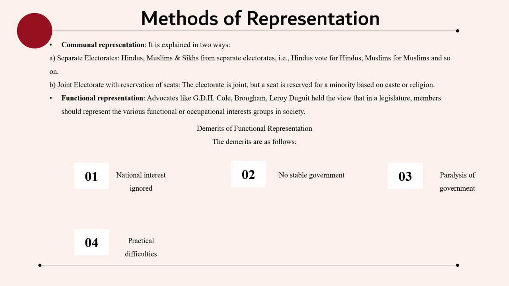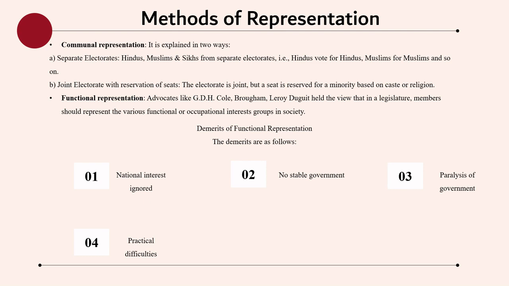Second, communal representation. Communal representation is explained in two ways. A. Separate electorates. Hindus, Muslims and Sikhs constituted separate electorates. That is, Hindus voted for Hindus, Muslims voted for Muslims, and so on. B. Joint electorate with reservation of seats. The electorate is joint, but a seat is reserved for a minority group which may be based on caste or